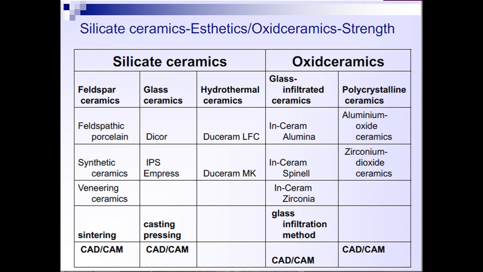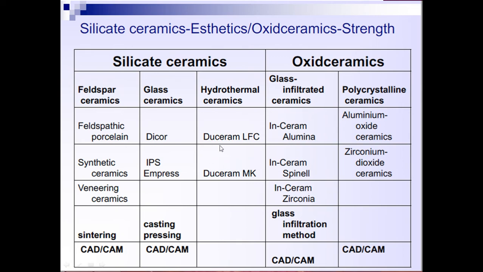So these are the different headings under which the ceramics can be classified according to the composition. One is silicate ceramics, the other is oxide ceramics. Oxide ceramics, I have already told you, are purely made up of only a particular type of metallic oxide. Sometimes you can call them aluminous oxide ceramics. Sometimes, according to the composition, you can call them zirconium dioxide ceramics. But